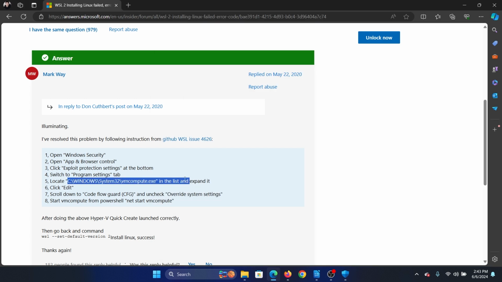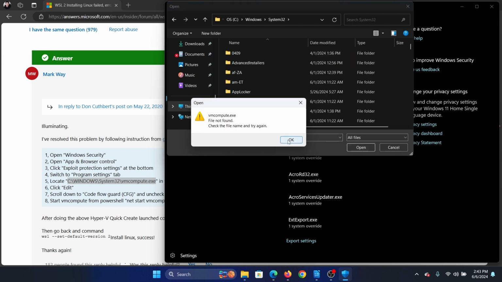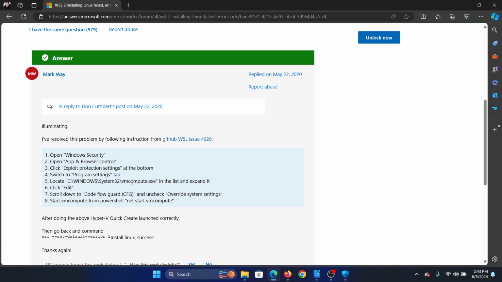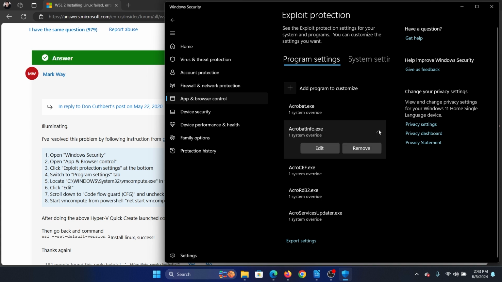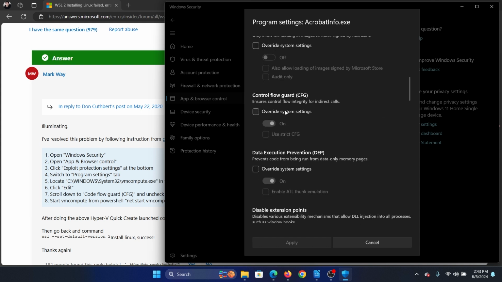And then we have the file path here and you will paste it and click on Open. And once you click on Open, I don't have it here, but once you click on Open, you have to click on Edit and then scroll down to Control Flow Guard, and I'll show it on a different one. For example, this Adobe Acrobat one. Click on Edit and then scroll down to Control Flow Guard, and then you have to uncheck this option, Override